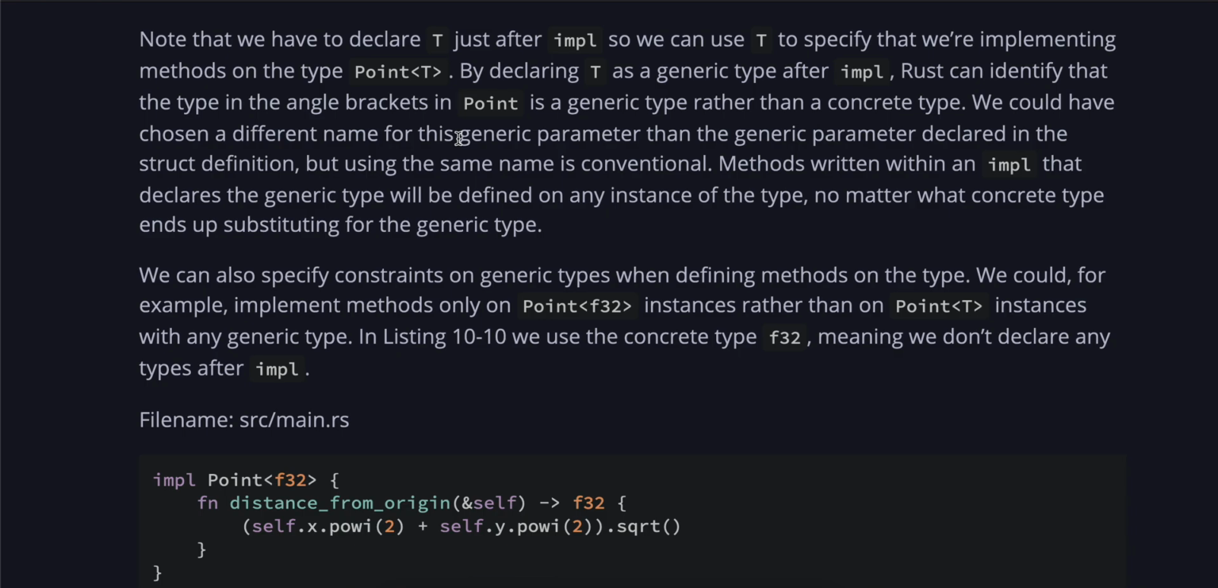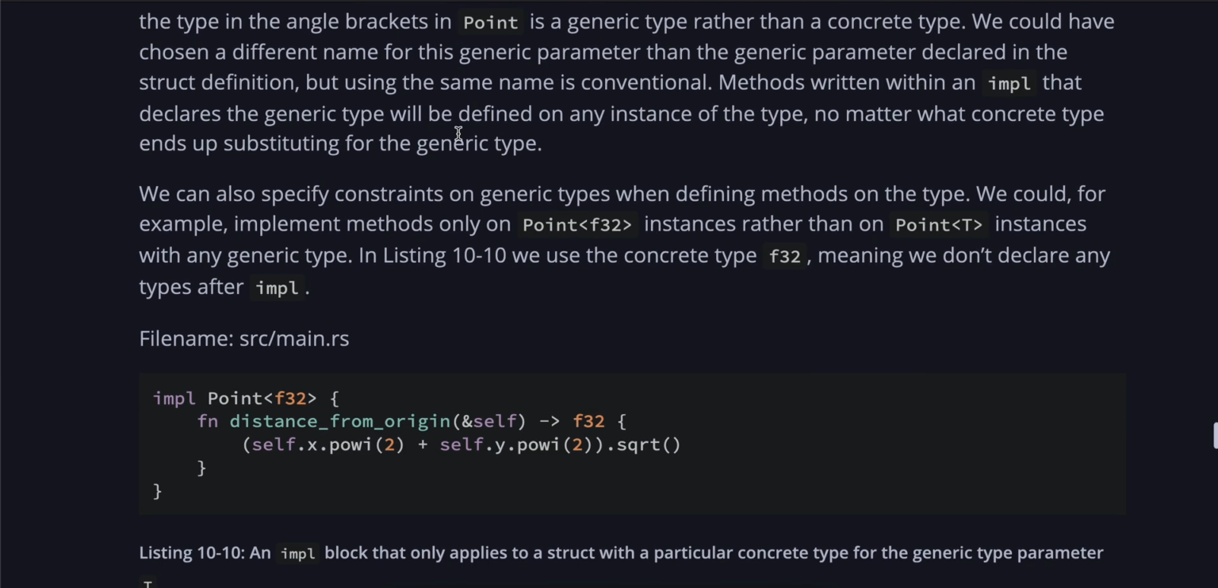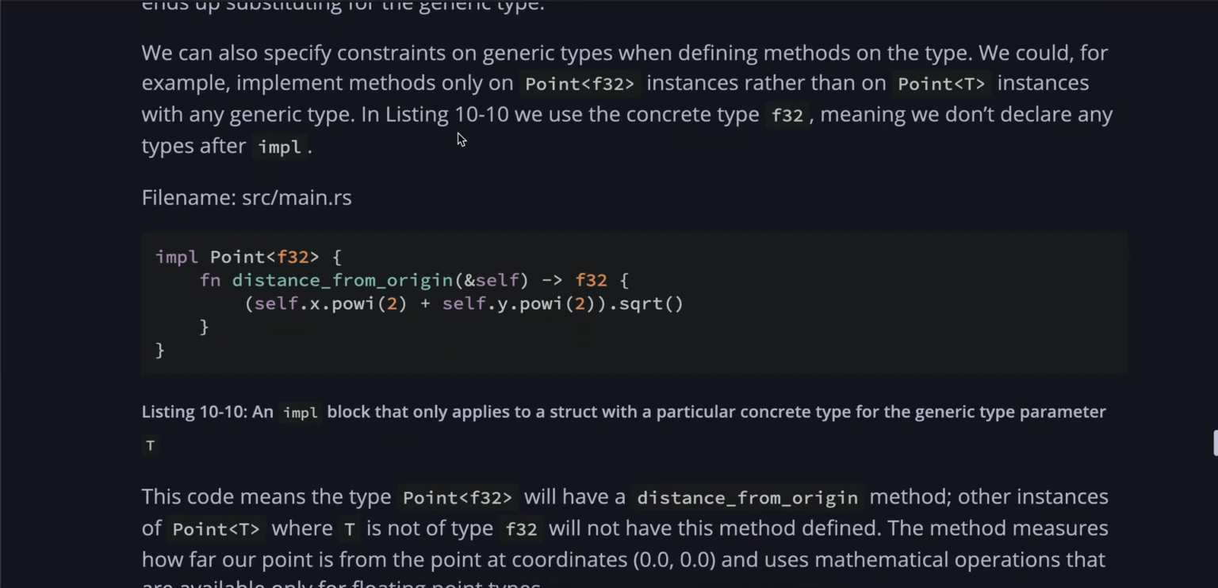Methods written in an impl that declares the generic type will be defined on any instance of the type, no matter what concrete type ends up substituting for the generic type. We can also specify constraints on generic types when defining methods on the type. We could, for example, implement methods only on Point<f32> instances rather than on Point<T> instances with any generic type, as in Listing 10-10. We use the concrete type f32, meaning we don't declare any types after